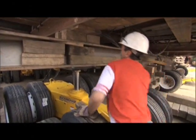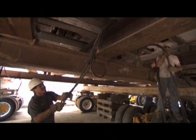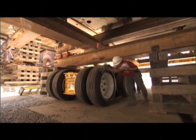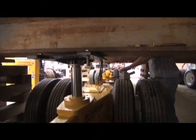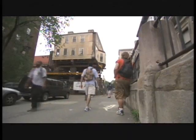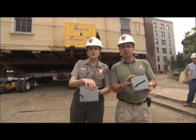They lay what are called roller bars, which are 16-inch I-beams, and that's what the building ends up rolling out on. And they have a hydraulic ram, which just shoves the building right out on the steel. 1, 2,